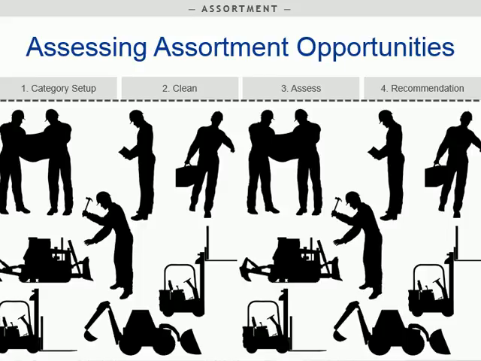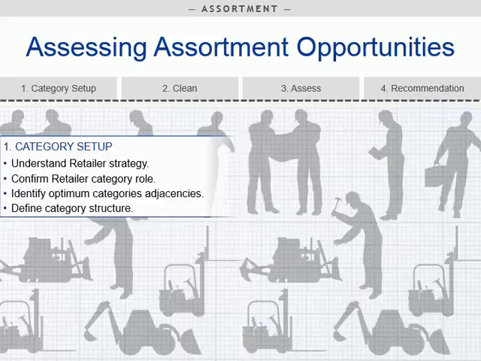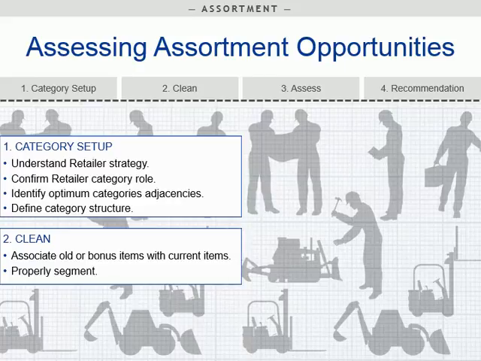Based on this, we're going to walk through a detailed 4-step assortment process. First, a category understanding is required. This includes confirming the retailer's overall assortment strategies, verifying the category role, and defining the category structure. The second step is to clean the data, which includes associating old or bonus items with current items, and properly